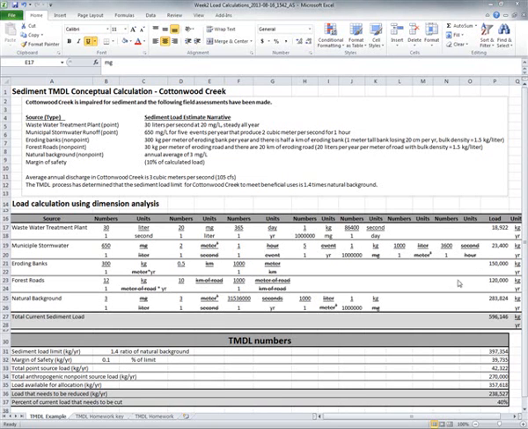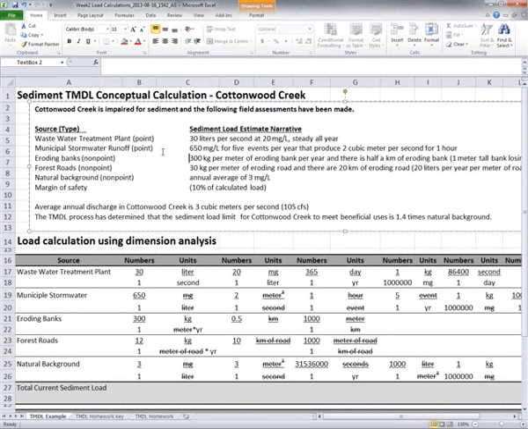Okay, so what we're looking at here is the spreadsheet that is part of your homework, and I'm just going to walk through this with you right quick. In our first worksheet down here, the TMDL Example, we've got Cottonwood Creek with a narrative at the top, and then with some calculations of sediment load, and then with some TMDL load calculations at the bottom. And so if I can zoom in here so that you can see this a little bit better,